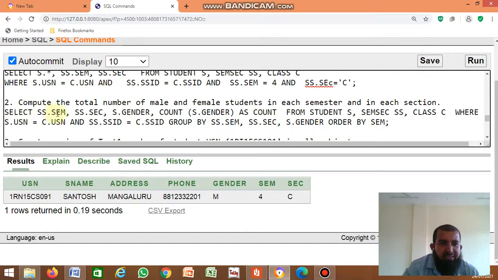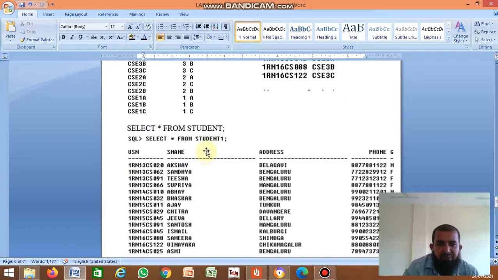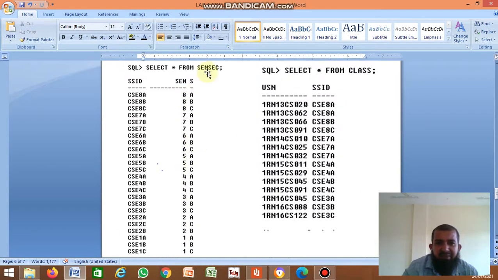So select SS.semester, SS.section, then S.gender, whether male or female. Then count the number of genders, and the heading is count, from student table, semester section and class.